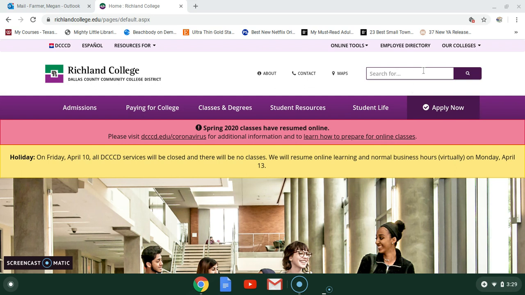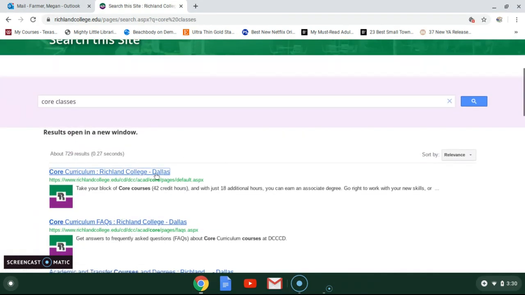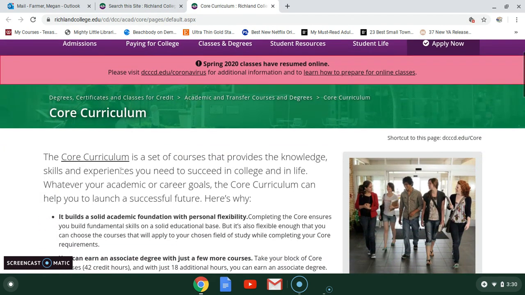If you go to Richland's homepage, in the search box, type core classes and hit enter. The very first option will say Core Curriculum, Richland College. We want to choose that. And then we want to take this hyperlink, the underlined core curriculum right here, and it's going to take us